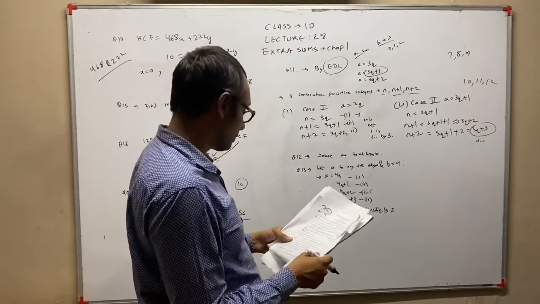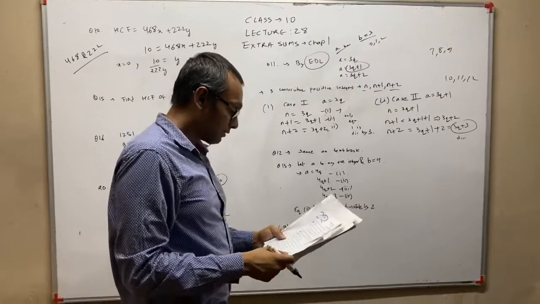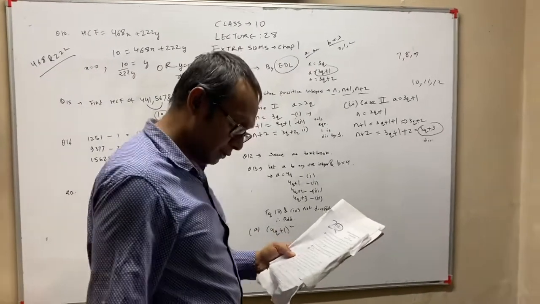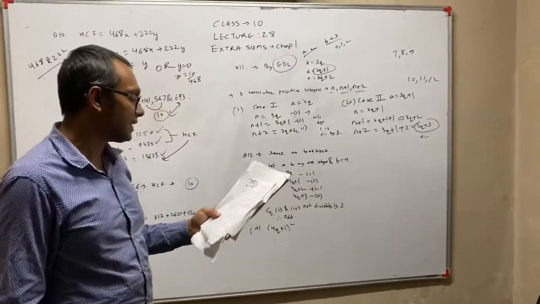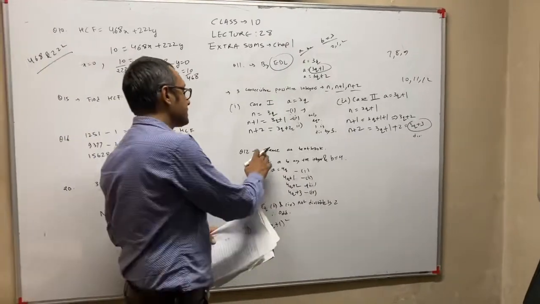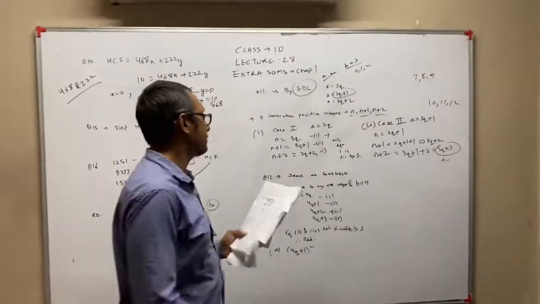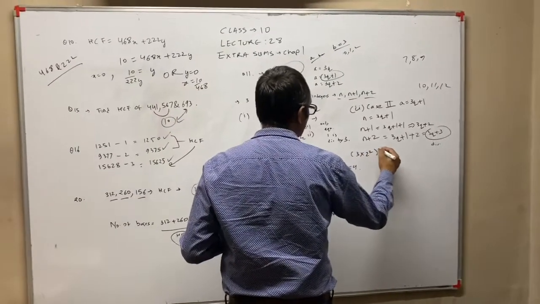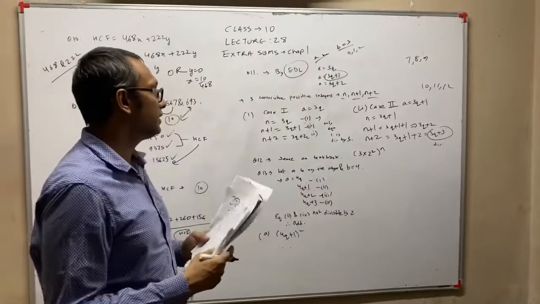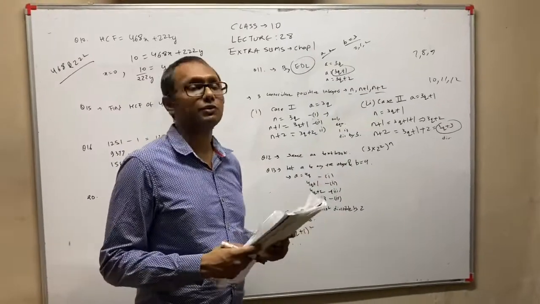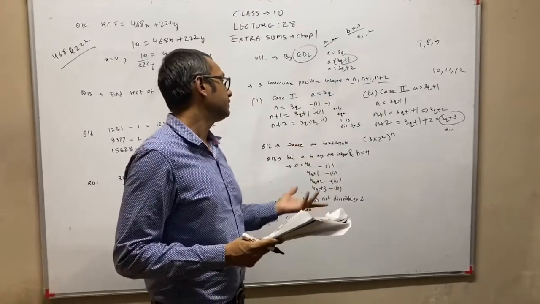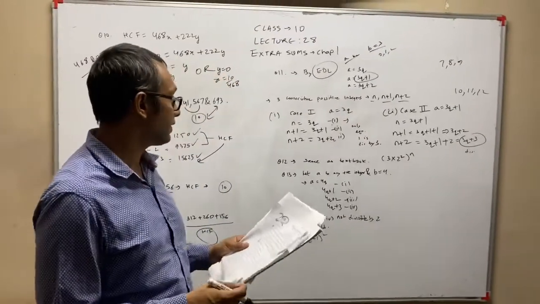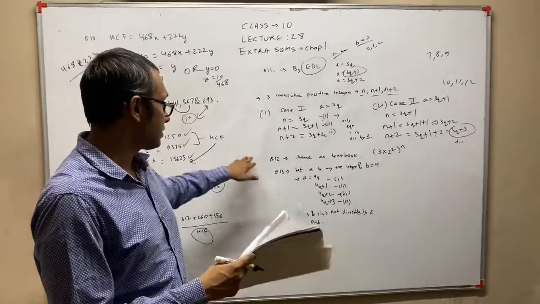Now we will look at question number 12. Question number 12 says, show that 12 raised to n cannot end with the digit 0 or 5 for any natural number n. This sum is exactly as in the textbook. The only step you have to do first is to write the factors of 12. Then, as you can see, if it has to end with 0 then it must have 5, but it does not have 5 in its factorization. So this is question number 12.